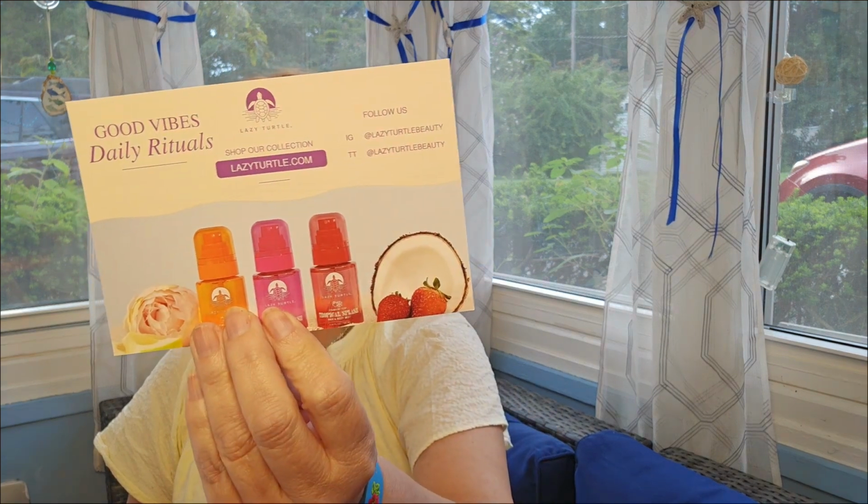And it says, good vibes, daily rituals, our story. Lazy Turtle began with the feeling, the easy rhythm of island life. Slow mornings, colorful sunsets, and the fresh, carefree vibe that makes you breathe deeper and smile longer. I'm doing good because it's kind of small. We were inspired by tropical scenes, the clean simplicity of the ocean air, and the joy of living a little more